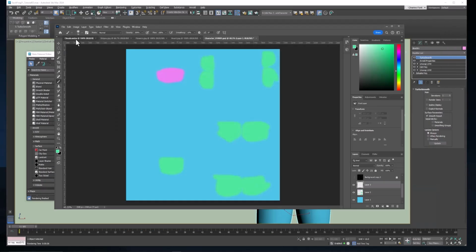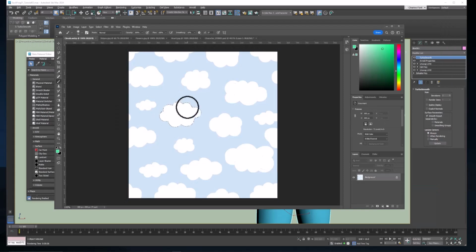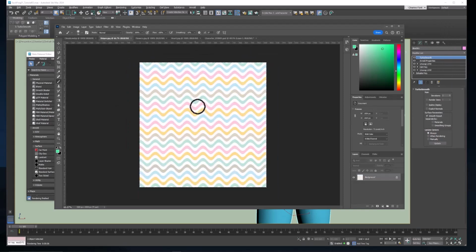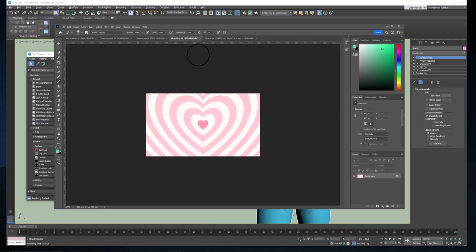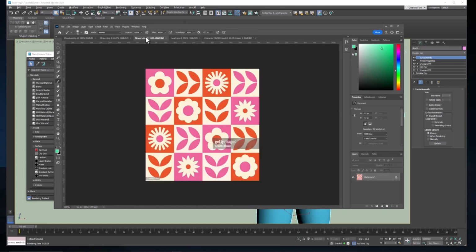So I'll have a couple of these open in Photoshop. Here I'm going to use this one for clouds. I'm going to show you what this one looks like when we just apply stripes throughout the whole thing. I'm going to use this one for some flowers, and I'm going to use this one for hearts. So let me show you what it looks like when you just put stripes or a pattern directly on the